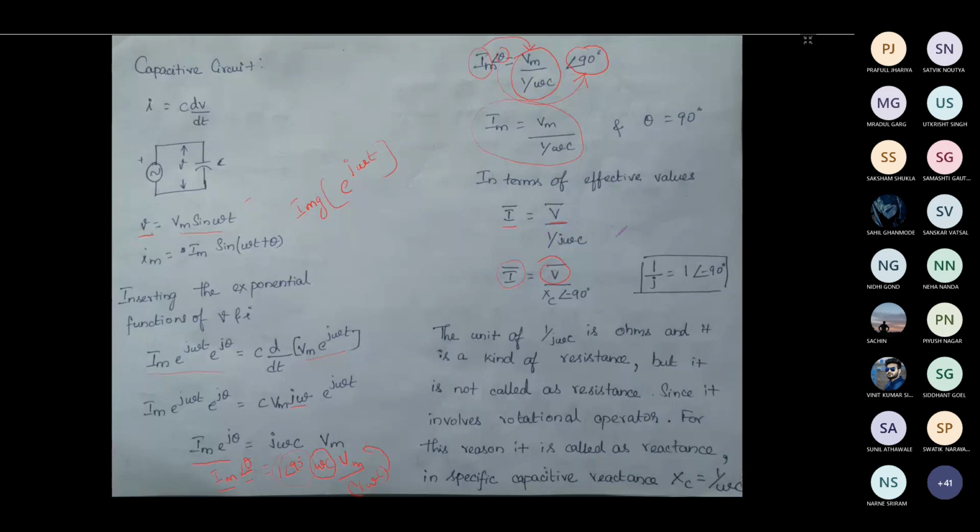Or in another way, you can take the j term also in this expression. Then if you take it like this, 1/ωC can be written as Xc, that is called capacitive reactance. Okay, so here 1/ωC is written as Xc, and already you have 1/j, 1/j into 1/ωC, where j is equal to 1 angle 90 degree. So if it is 1/j, you can write it as 1 angle minus 90 degree. Okay, so that's what is written here, Xc angle minus 90 degree. So this 90 degree, you take it to the numerator, and you will get I phasor is equal to V phasor angle plus 90 degree divided by Xc.